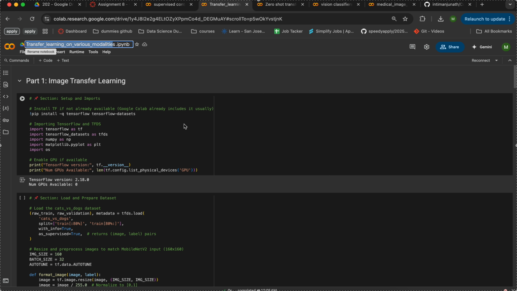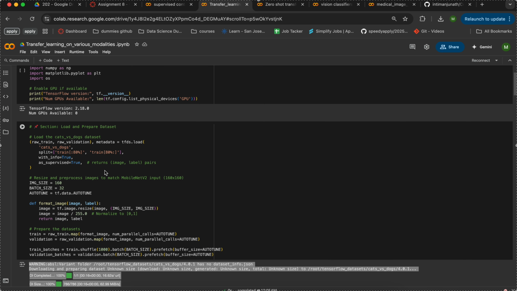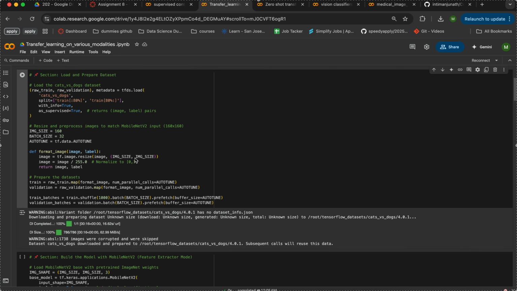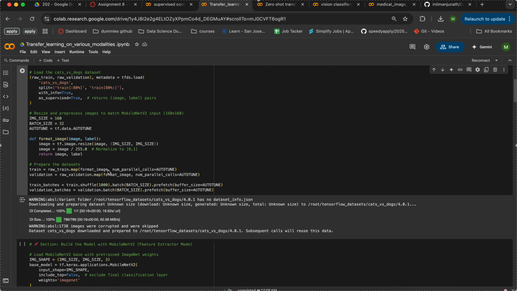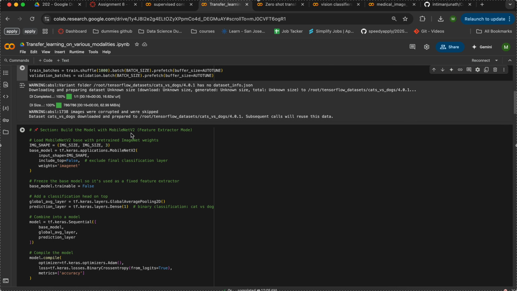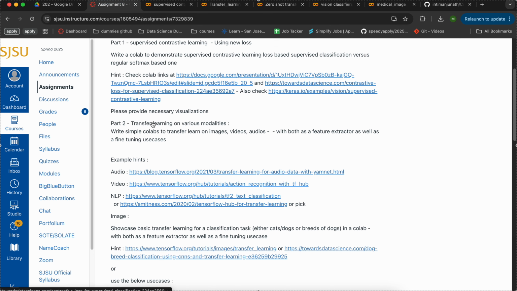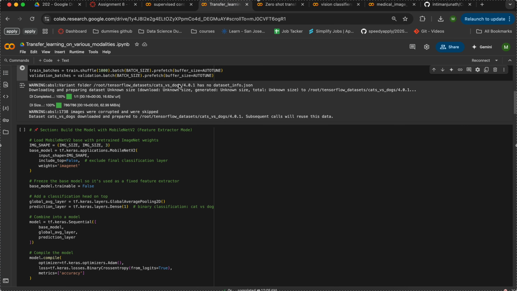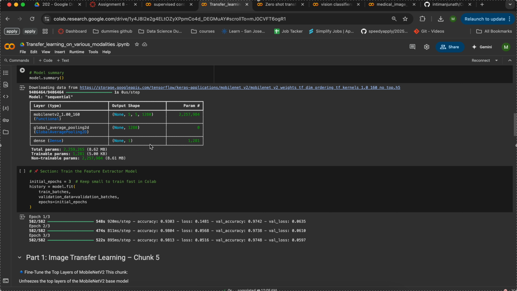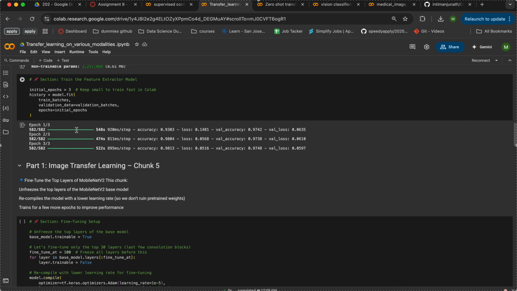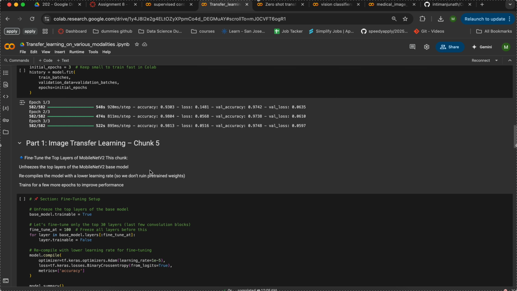And this is done, then we move on to the next part, that is transfer learning on various modalities. In this image transfer learning, we load the data, here is the loading of the image sizes, and loading the cat versus dog dataset. So this is basically part 2 of the assignment, transfer learning of the various models. Here is the loading of the model, and here is the training of the model with the 3 approaches,